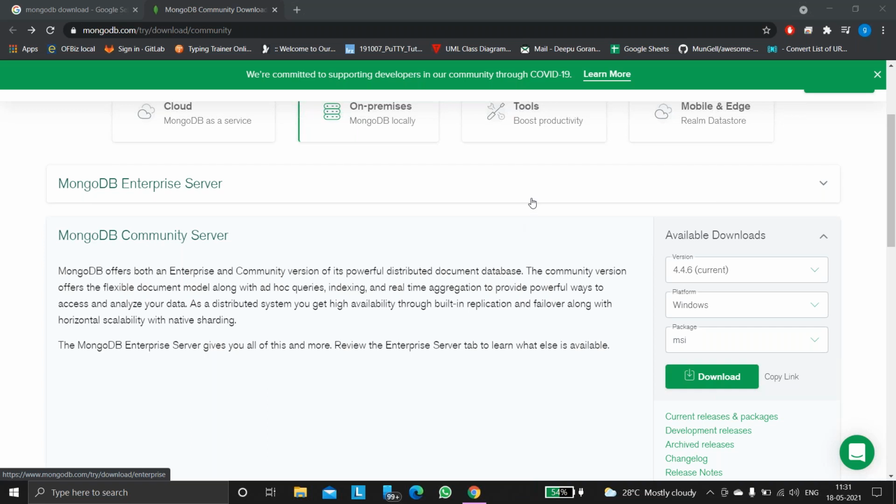Okay, this is about MongoDB installation. Unlike other software, we just need to go to that particular website and search where we can download it. If you observe here, this is MongoDB, and in the MongoDB Community Server it is available. Click on download, and after downloading just click next, next, next, with no need to change any settings. In the last, click on finish. This is how we install MongoDB.